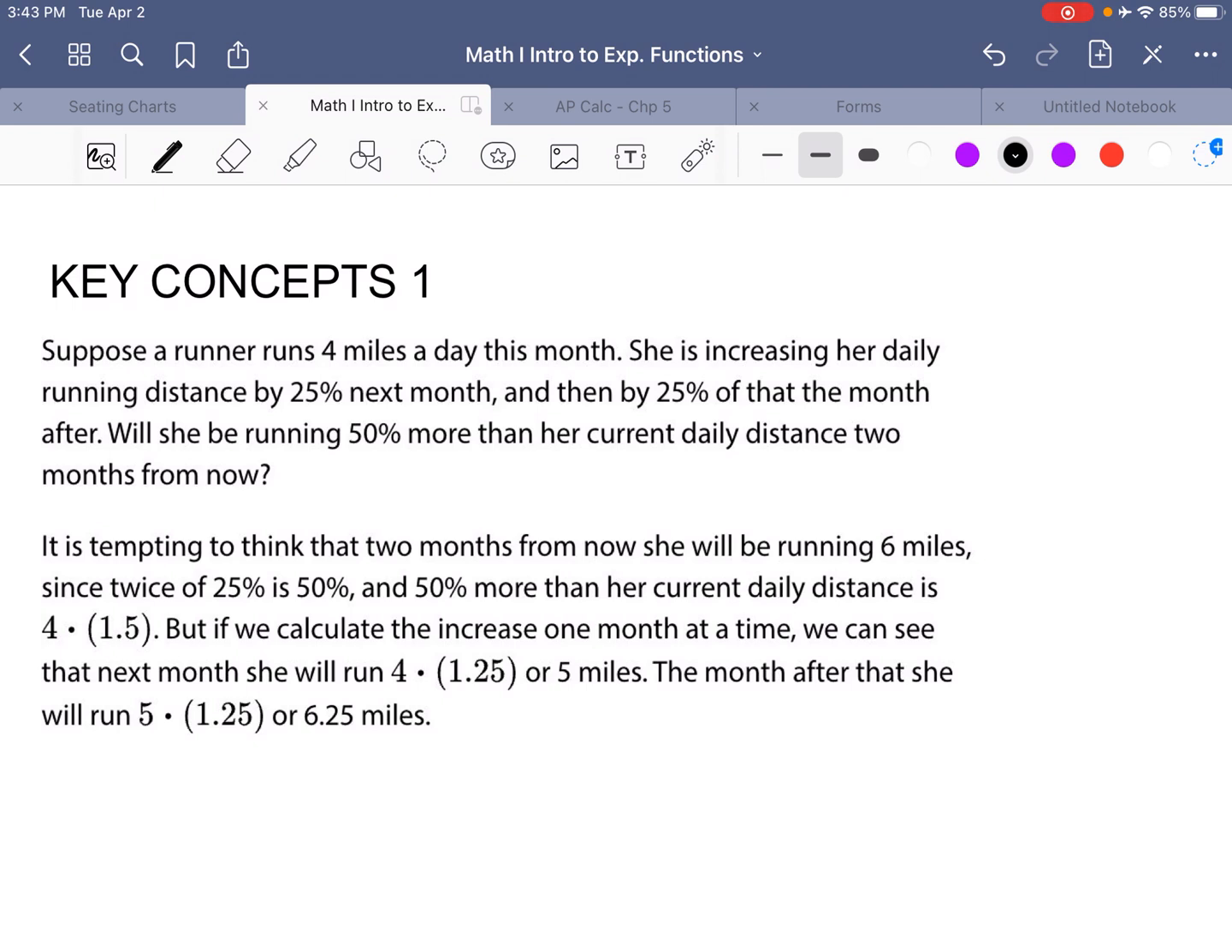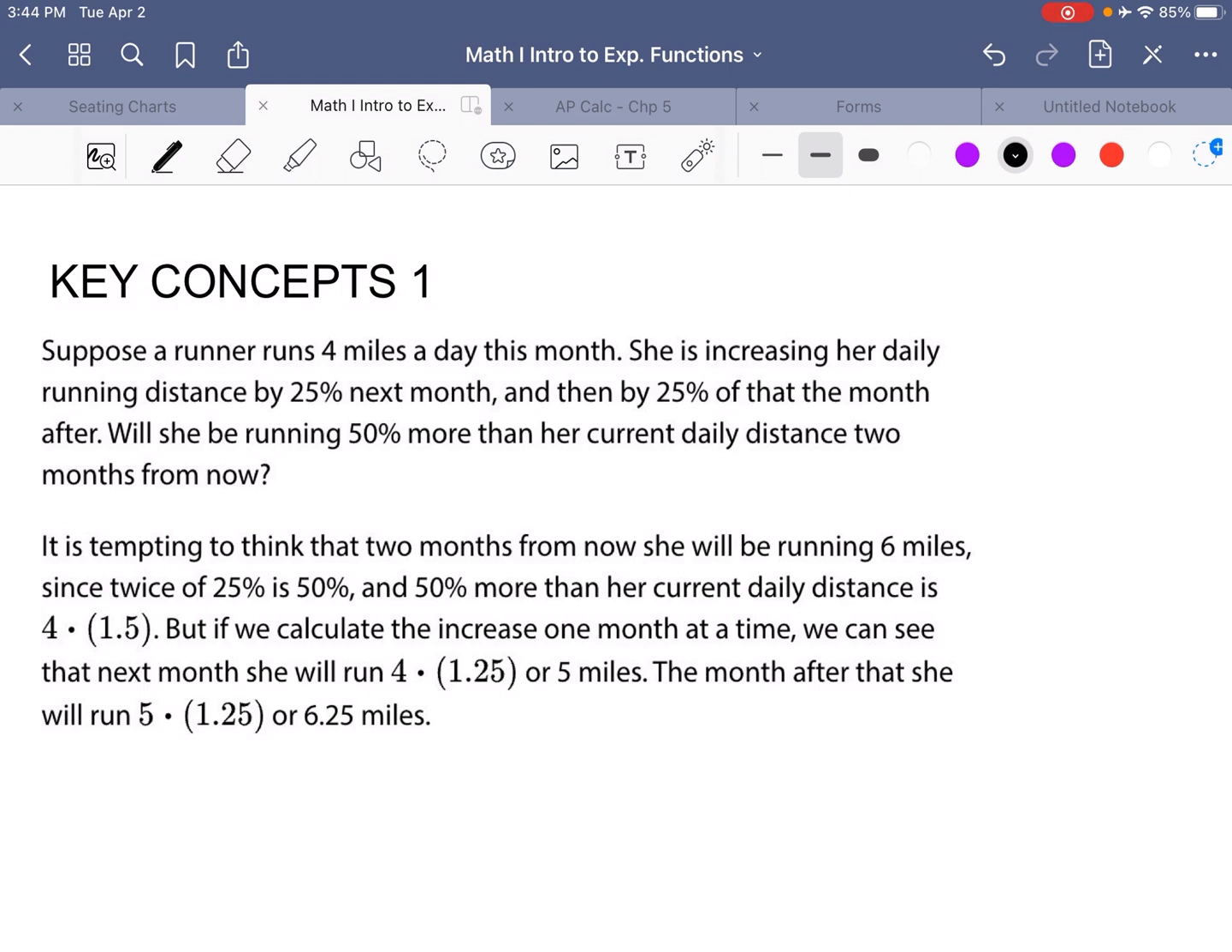Two months later. Suppose a runner runs 4 miles a day this month. She's increasing her daily running distance by 25% next month, and then by 25% of that the month after. Will she be running 50% more than her current daily distance 2 months from now? It is tempting to think that in 2 months she'll be running 6 miles, since 25% twice is 50%, and